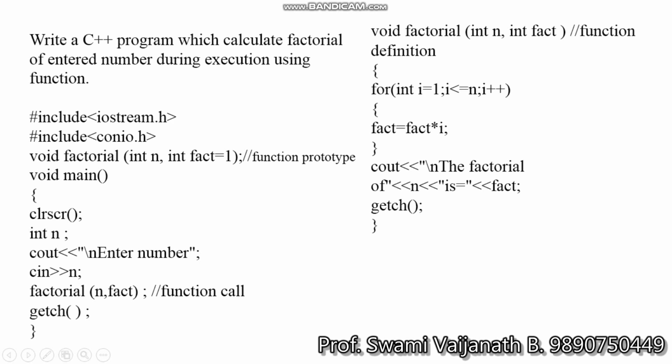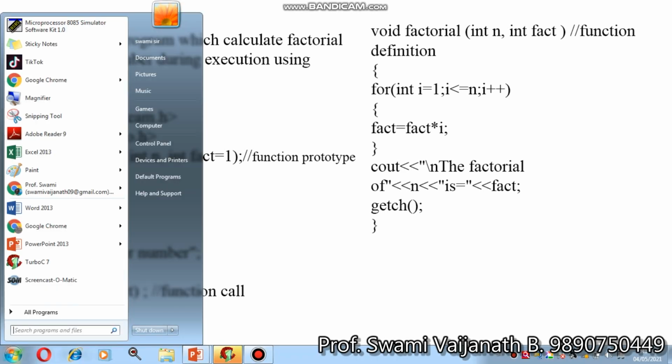If the function prototype matches the function call, then the main function calls the sub function, and the sub function performs its task, such as here for I is equal to 1 and int n. That is, the I value, and n is copied to that value, and fact is fact into I. Each I less than n is calculated, and here the factorial is displayed. How it works, see practically.